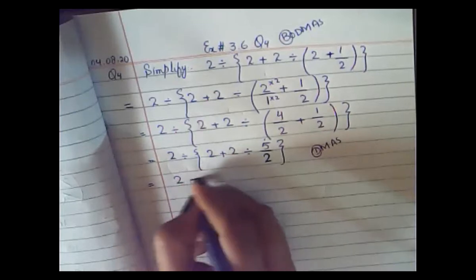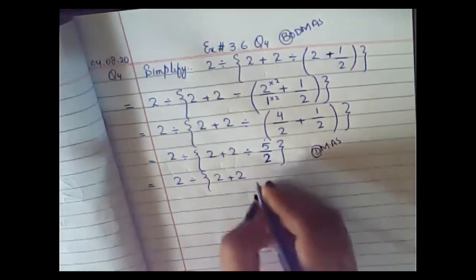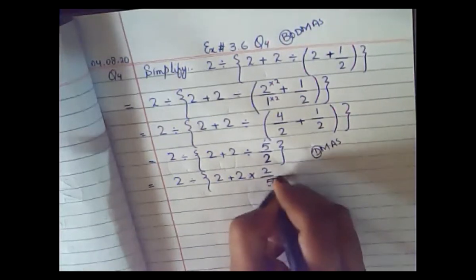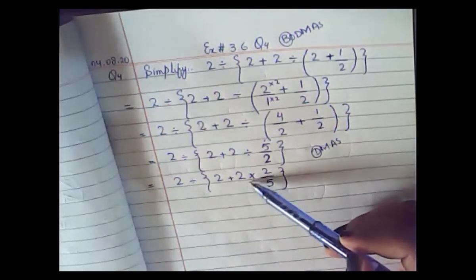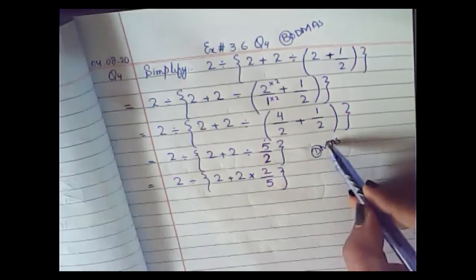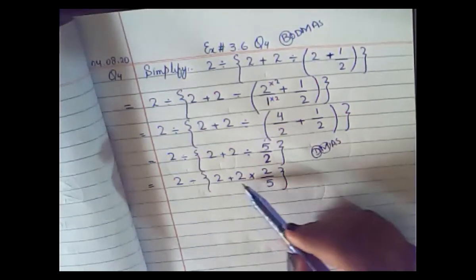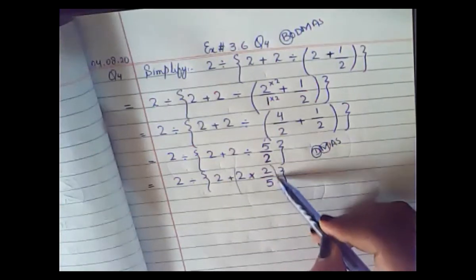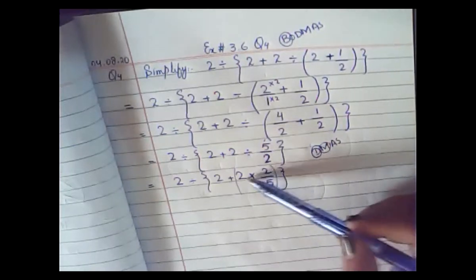2 divided by curly bracket, 2 plus 2 will remain the same, and then simply I'm going to write multiply 2 upon 5 and then curly bracket. Now if you look very carefully here, you have addition and then multiplication. So according to the DMAS rule, first you will do multiplication. So please do not write 2 plus 2. What you have to multiply, you will make light brackets here to make it clear. You have to multiply these two numbers.